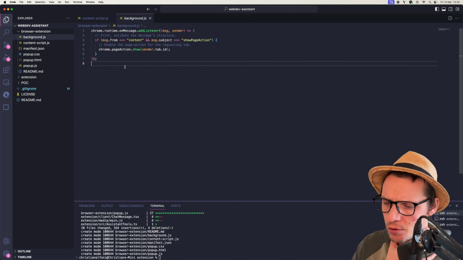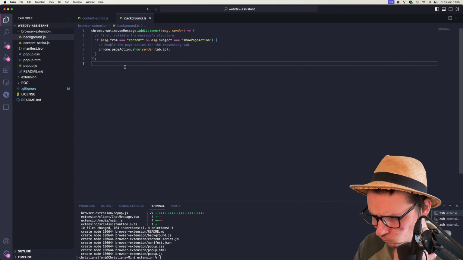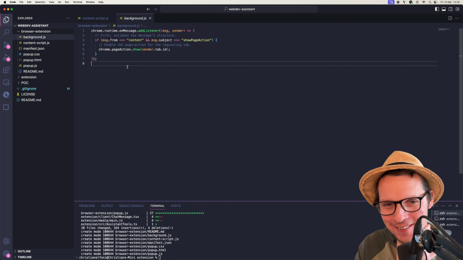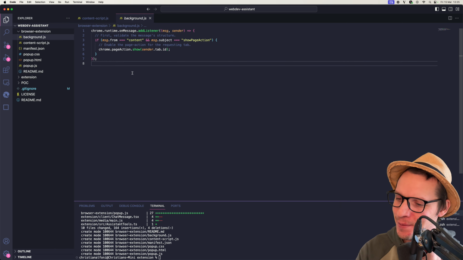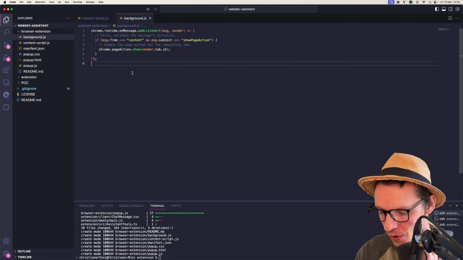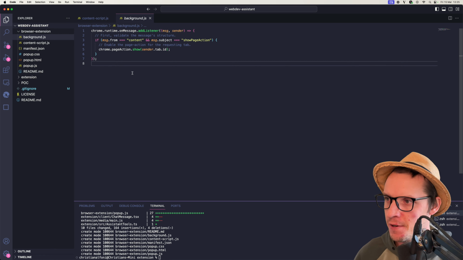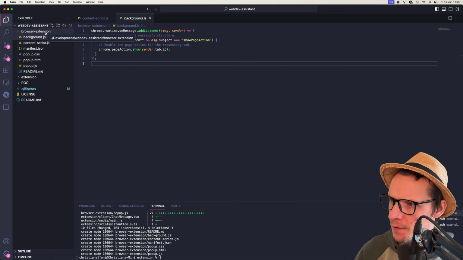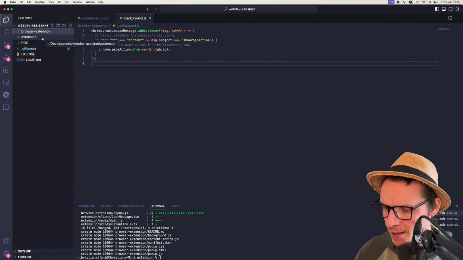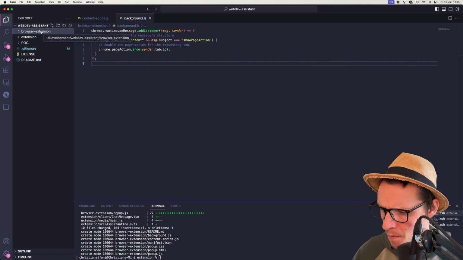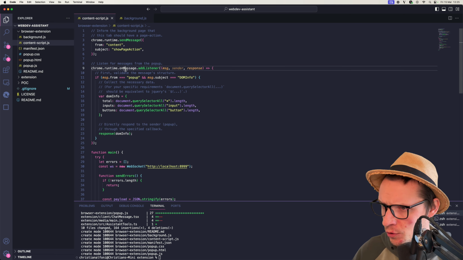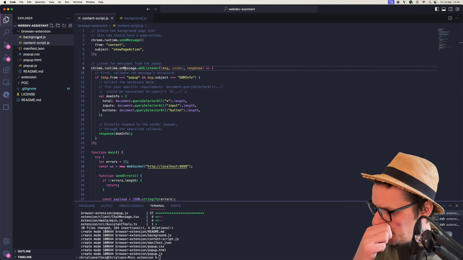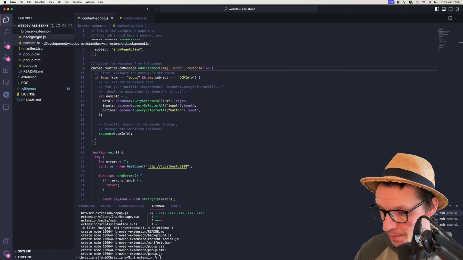I think this was to... why did I need a background? I think this was related to the fact that there needs to be a WebSocket server running in the VS Code extension, and that needs to run on a port. And for the content script to know where it's going to connect to, it needs to get that information from